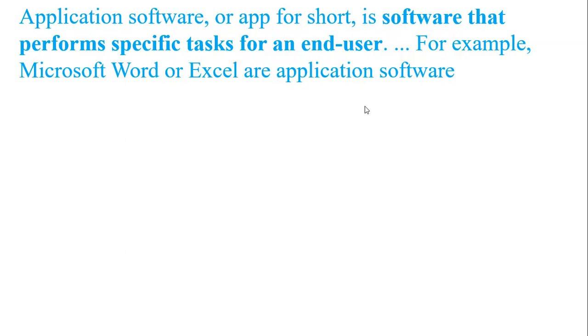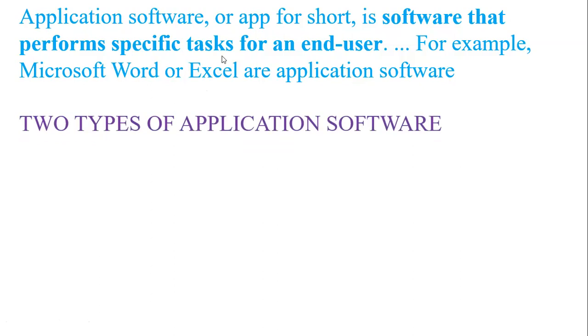So if you want to open the camera, or if you want to take a photo, which app will you use? In the phone, you will use the camera app, right? So here the camera app is performing which task? It is performing the task of taking photos or images, right? Similarly, in computers we also have applications like Microsoft Word, Excel, PowerPoint, right? They are all used to perform specific tasks. Which tasks are those? That we will study.